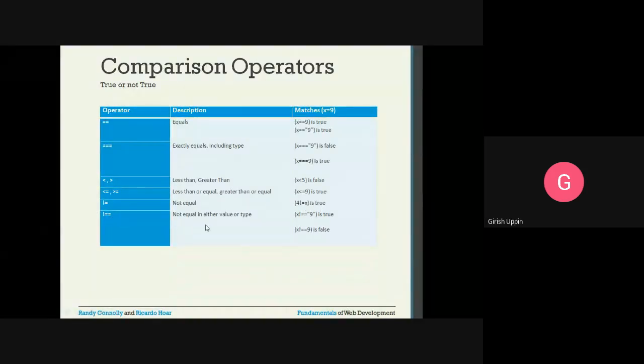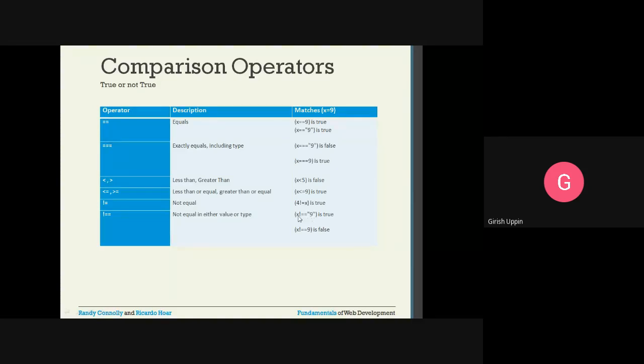Not equal in either value or type. So you can see here, x not equal, there are two equal signs. It will make sure it is not equal in value or type, then only it will say true, otherwise it will say false. Now here x not equal, then inside the double quotes I have 9.